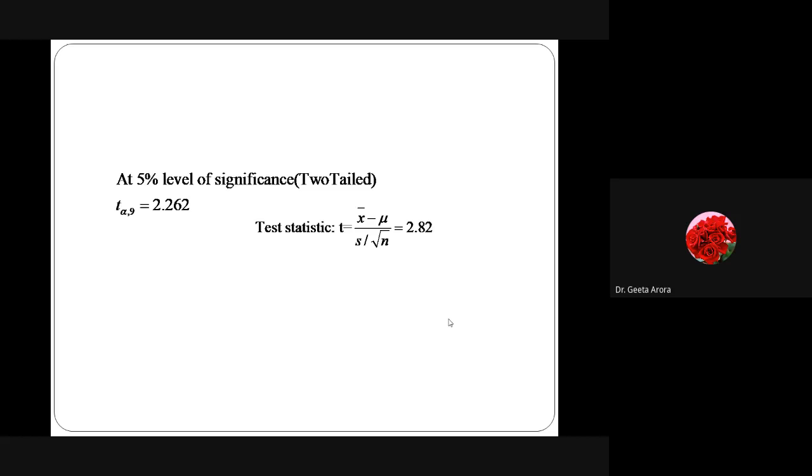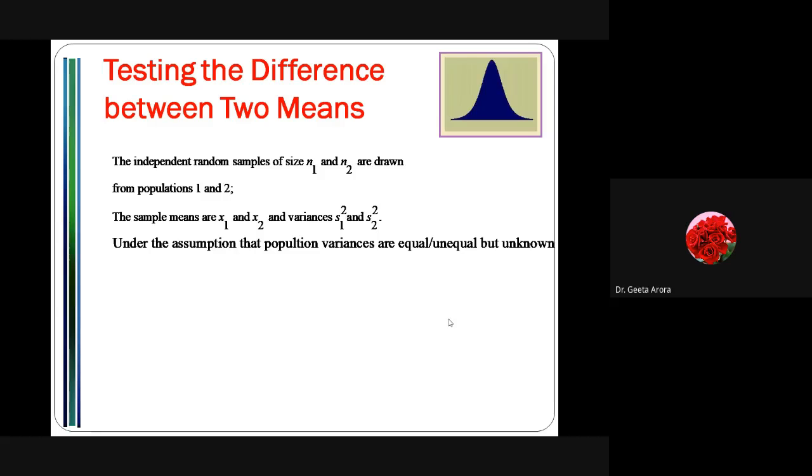So obviously it is rejected because the calculated value is more than the standard value of t. And here also this value you do not have to learn, it will be given to you. If you are doing it on your own, it will be from the appendix of the book or from an online resource, you can take it out. And what is the t value at alpha, which level of significance you are choosing, at the particular degree of freedom. Correct? So the null hypothesis is rejected. So this is what we have learned regarding the t-test for single mean.